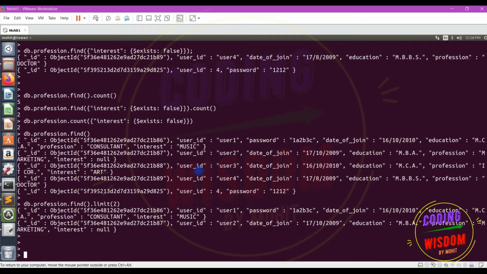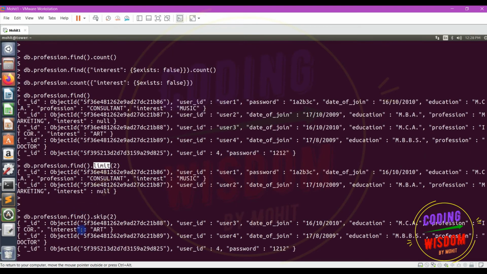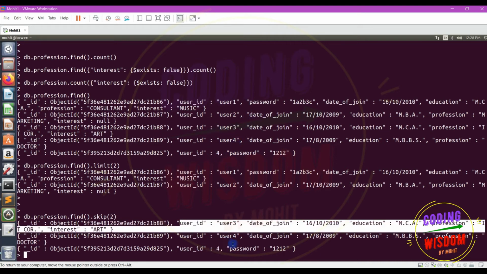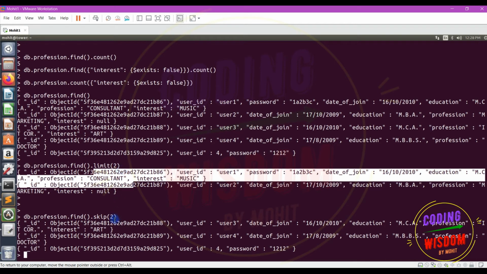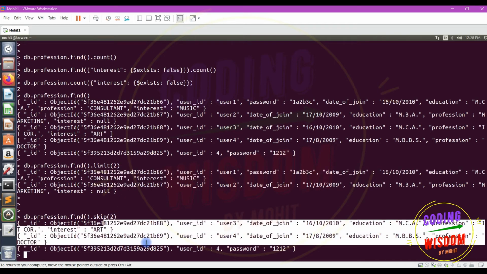Consider you want to skip the first 2 records. Then use skip instead of limit. Now I'm getting user 3, user 4, and user ID 4, meaning I'm skipping the first 2 documents. If you want to print only the first 2 documents, use limit. If you want to skip the first 2, use skip. Okay, I think you got the point.